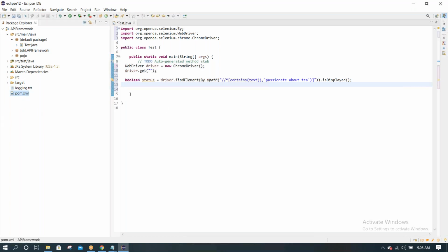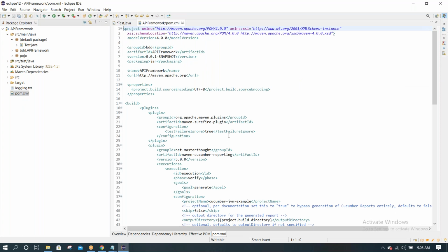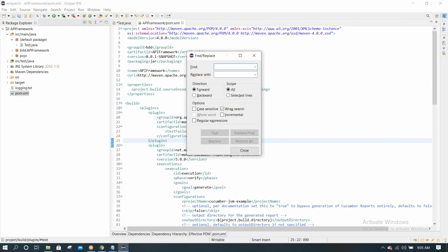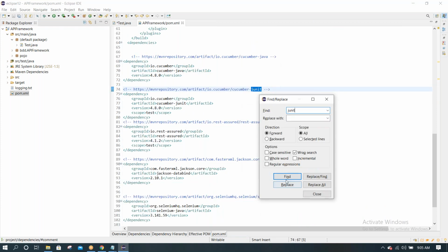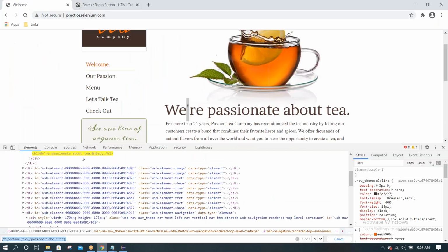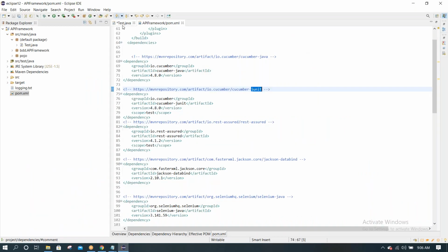By default in pom.xml we would see the JUnit. Somewhere JUnit is there. Control F, JUnit. Cucumber JUnit is there. So later we can see that.